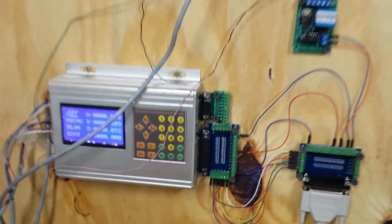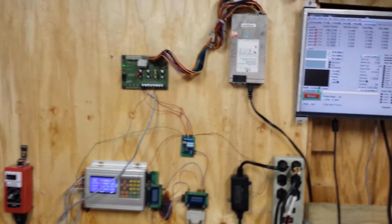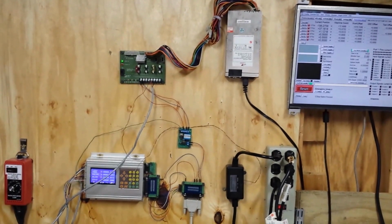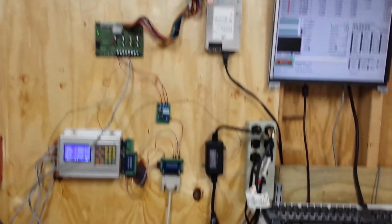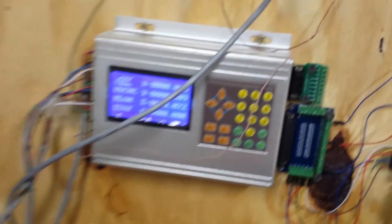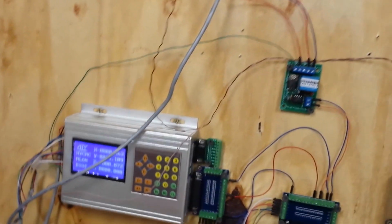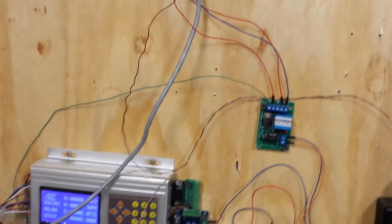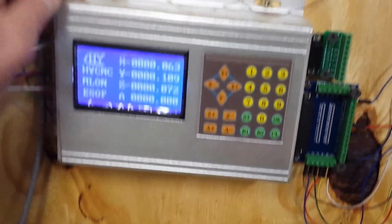The other thing I've done, back up a little bit, is mounted everything to the wall. All the electronics is mounted to the wall: power supplies, controllers, and whatnot. So over here you've seen this. Now bear in mind I need to dress up all these wires. I just kind of put it up here to get everything wired in and see if it was going to work. But this is a controller here that I've been using, the